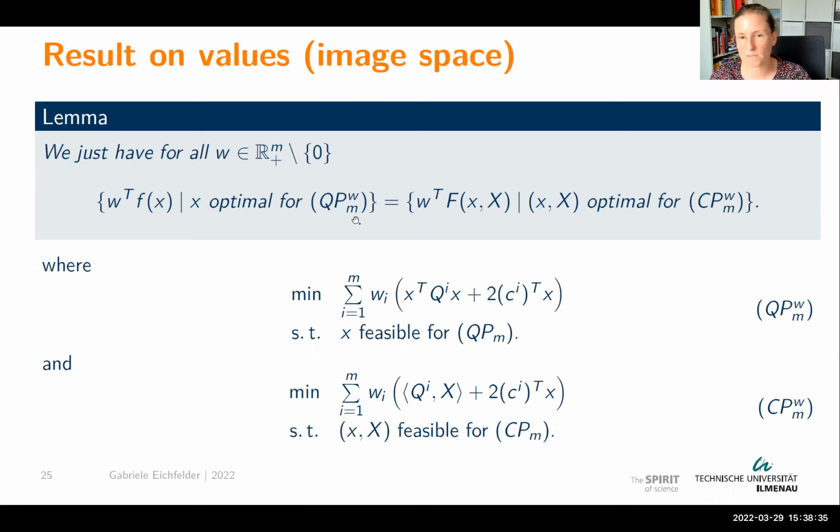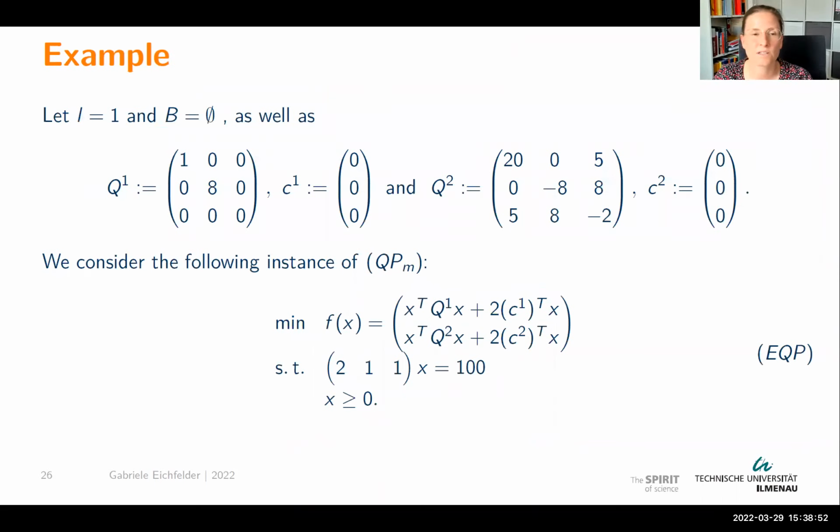We stick with just points which are derived by a weighted sum, which are somehow on the convex hull in the image set. We do not get any points which are not inside the convex hull of the image set. And to illustrate this a bit further, we found a nice small numerical example which shows this to you. So here these vectors are just set to 0, so we can skip this part. We just have purely quadratic objective functions here with a diagonal matrix, and this is not much more complicated. We have a nice linear equality constraint, non-negativity, and we did not even need any binary variables, and still we can show what we want to show to you.